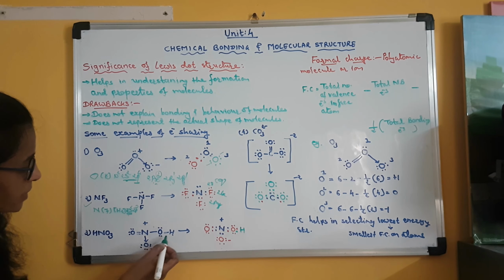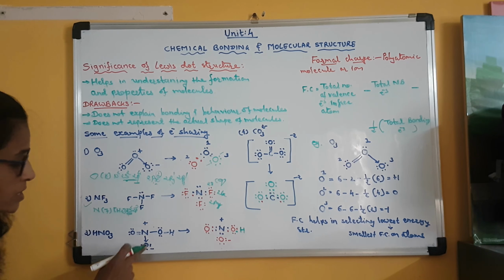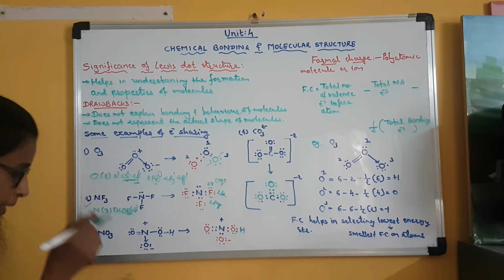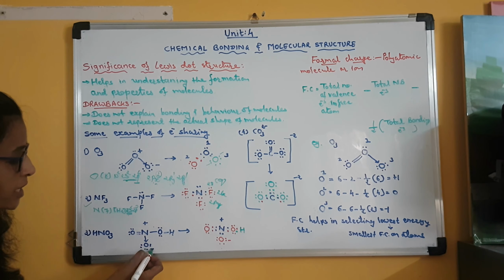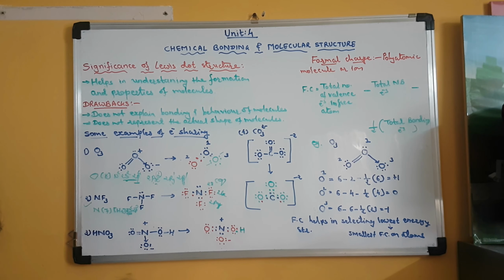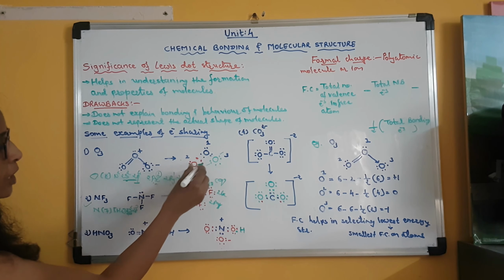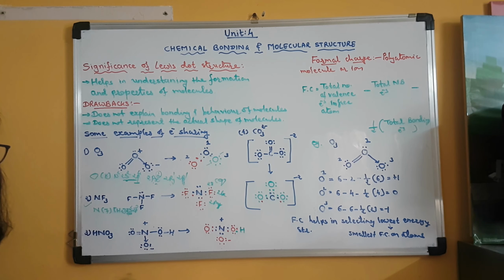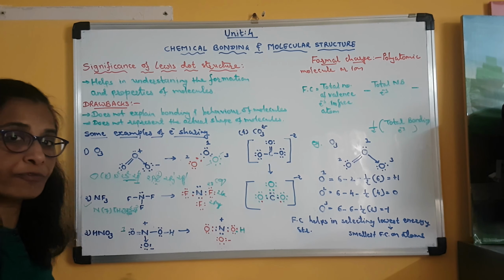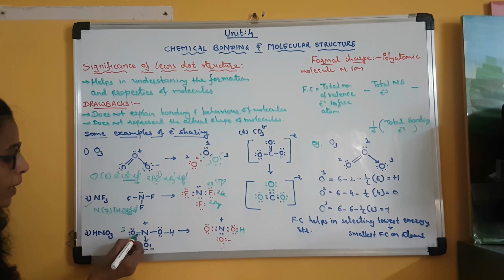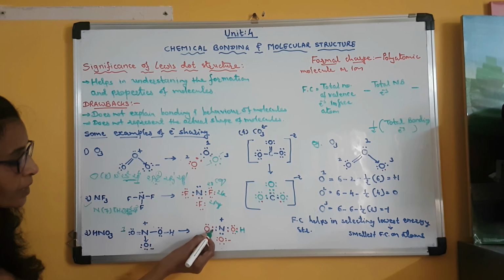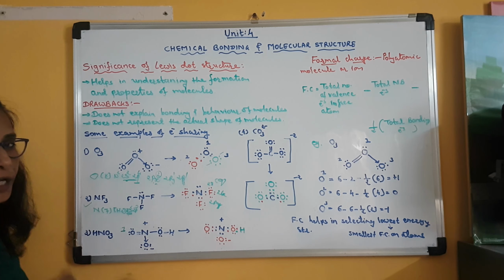In nitric acid, the structure in the book is shown like this. Here though there is no arrow. Clear? But actually it is there because oxygen is marked with a negative sign. It means, like in ozone, the oxygen which is not utilizing any of its valence electron. So here in nitric acid also, out of 3 oxygen atoms, this oxygen atom number 1 is utilizing the perfect number of valence electrons. Means 2 unpaired electrons it is sharing with 2 unpaired electrons of nitrogen.